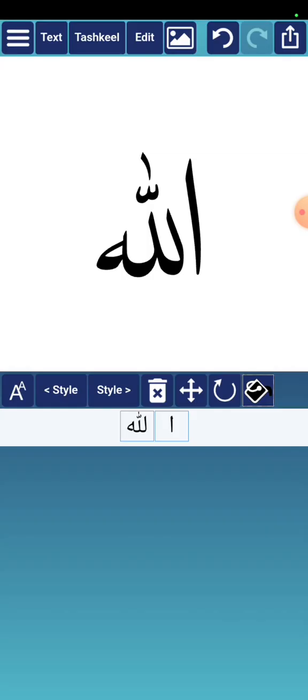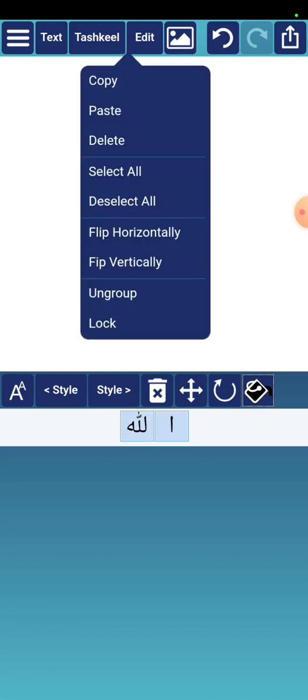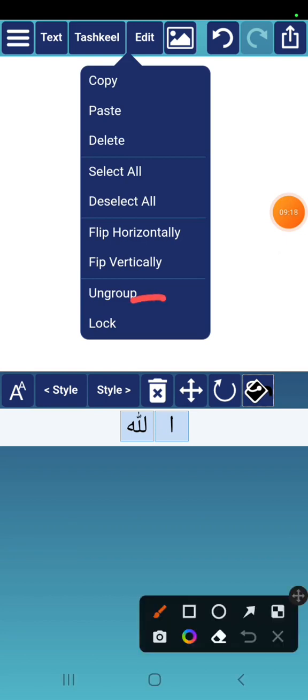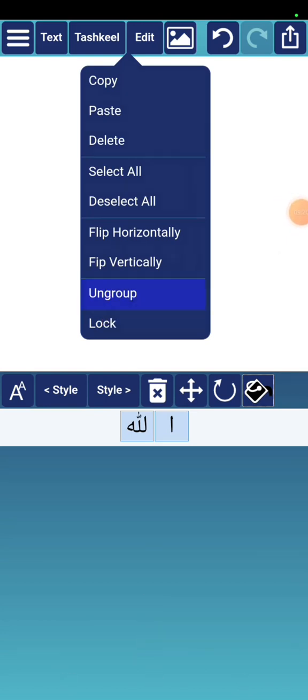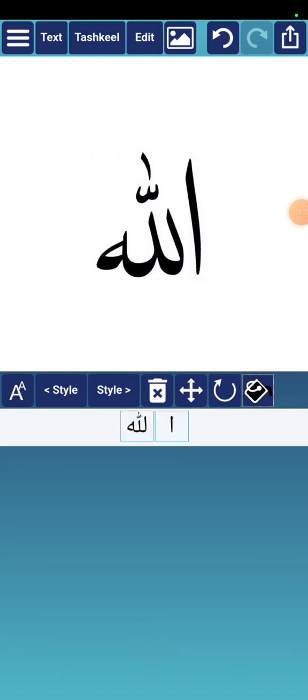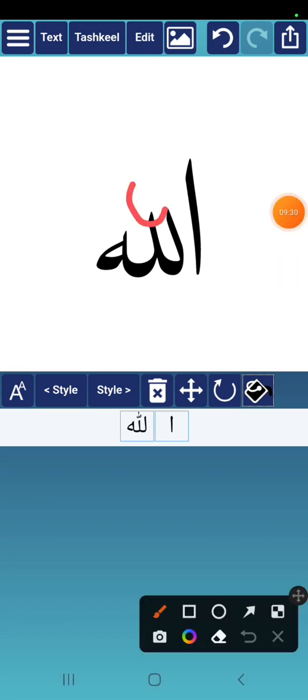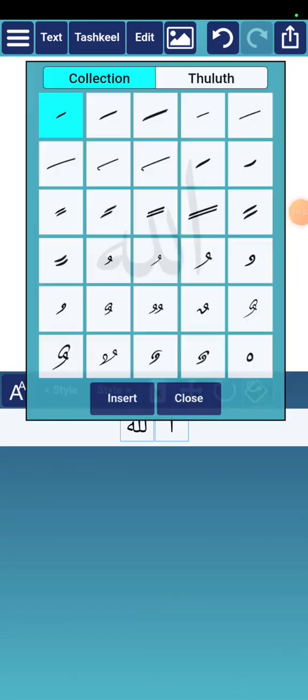Alright, so now let's do something here. I want to use two colors. Alright, so here let's change the style, edit, and then ungroup. Alright, so I'm going to click on this, change the style. Now I'm going to include the tashkil myself, the harakat. Then you go to tashkil,